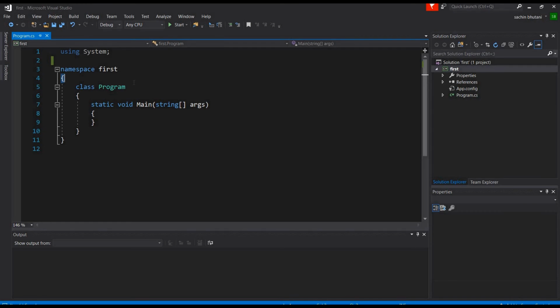and you might not be familiar with these terms like classes, namespaces, but as we go on I'll be explaining all these things. So this is a user defined namespace, and a namespace is a collection of classes only. So we can write more than one class here also. And in C# we have to write all the code within the class only. So to write a hello world also,